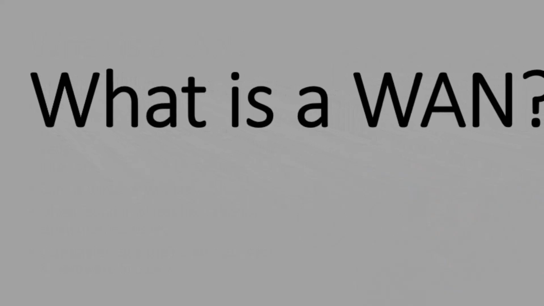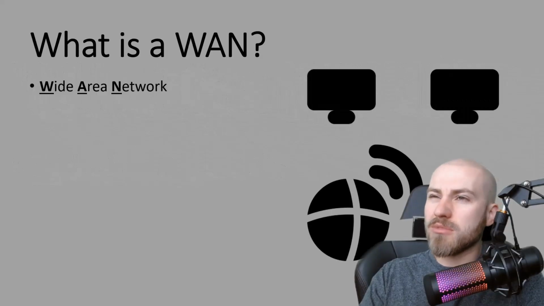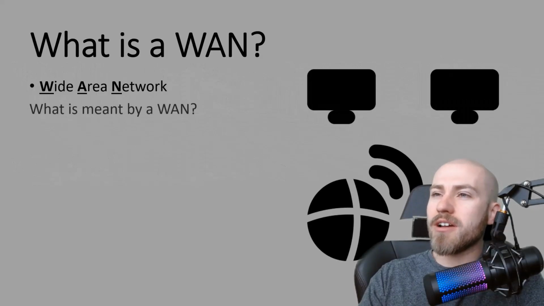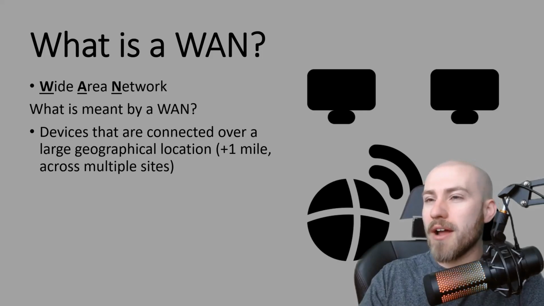The other type of network we're looking at today is a WAN. So what is a WAN? It stands for Wide Area Network, or sometimes Wider Area Network. What we mean by that, as a definition, is devices that are connected over a large geographical location. As you can guess, it's kind of the opposite of a LAN because it's over 1 mile